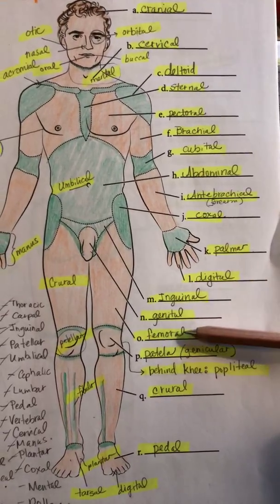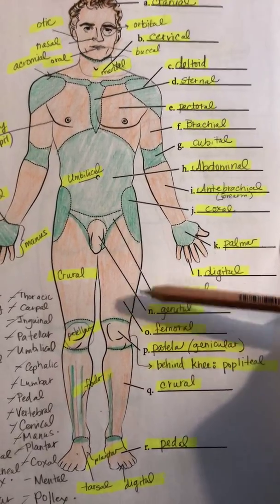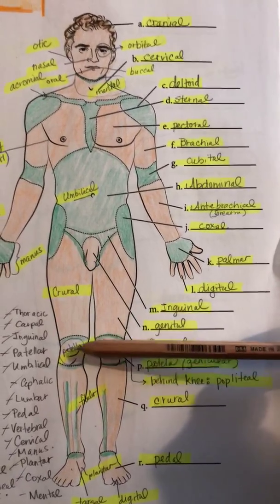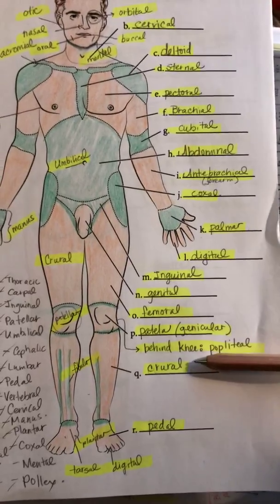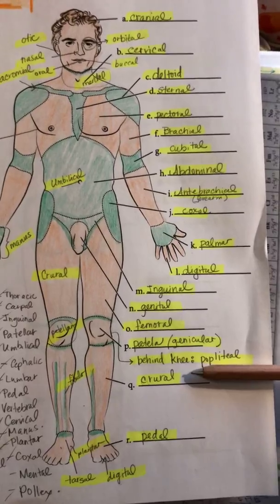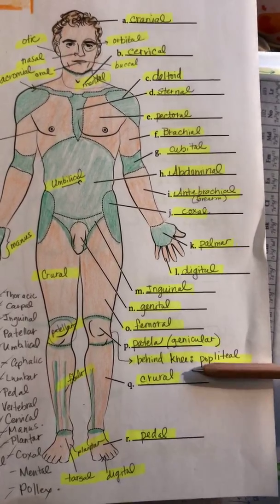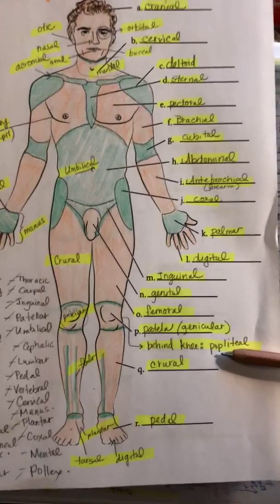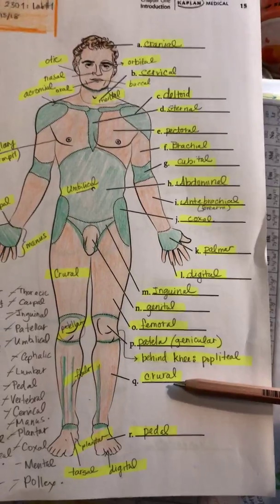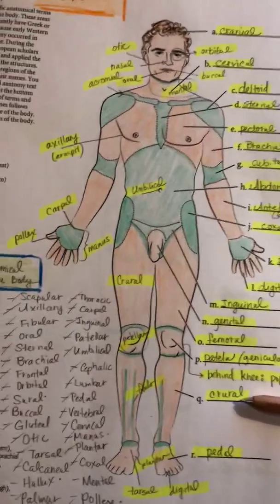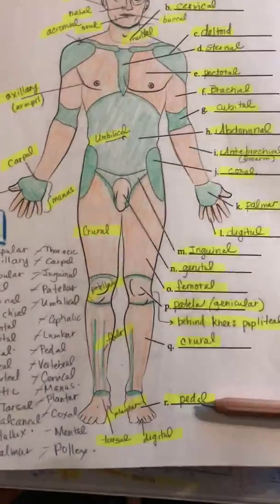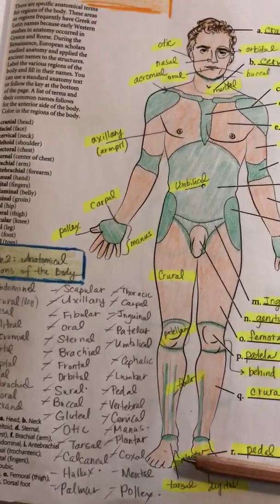Let's see, femoral portion of the thigh, patella being the knee, and the patellar region being the area of the knee. Behind the knee, which I will review when I do the posterior portion, which would be the popliteal region, the crural area being below, and cranial being up here, pedal being the foot, plantar being the bottom of the foot,